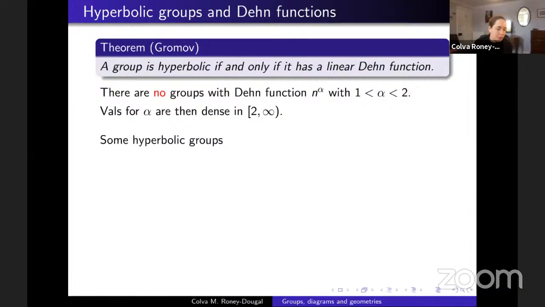So let me give you some examples of hyperbolic groups. Well, certainly all finite groups are hyperbolic for the trivial reason that the Cayley graph is finite. The vertices of the Cayley graph are the group elements. So if there's only finitely many group elements, there's only finitely many vertices, which means no triangle can be fatter than the total number of vertices. Fine, they're hyperbolic for a boring reason.